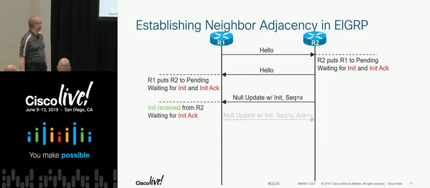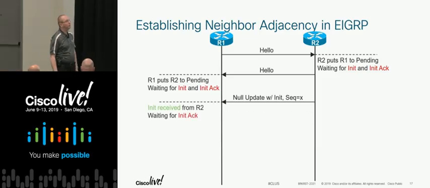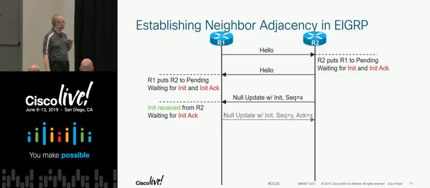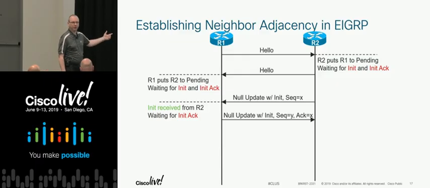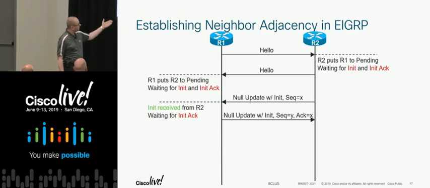If this packet makes it too far, then R1 is happy because it just has received an init that was expected from R2. It's just waiting for the init acknowledgement, but it will send its own null update with its own sequence number and also with the acknowledgement number acknowledging that R2's own null update has been received. At this state,